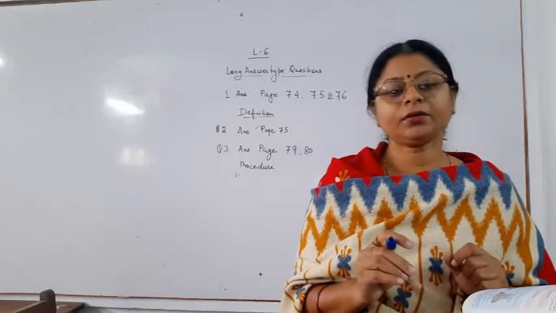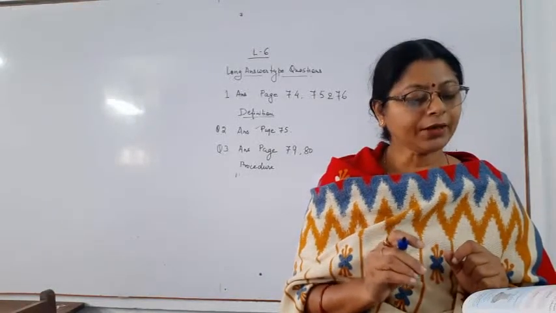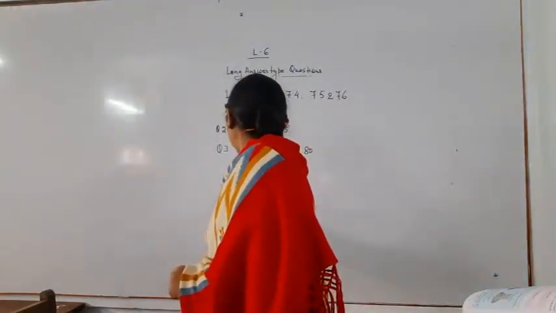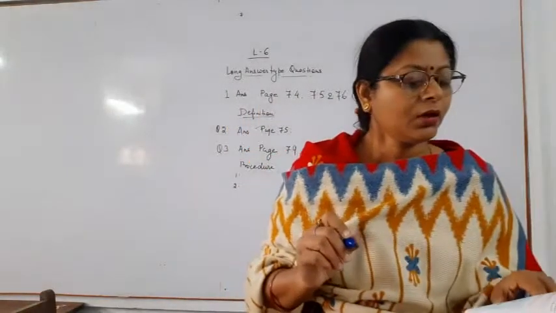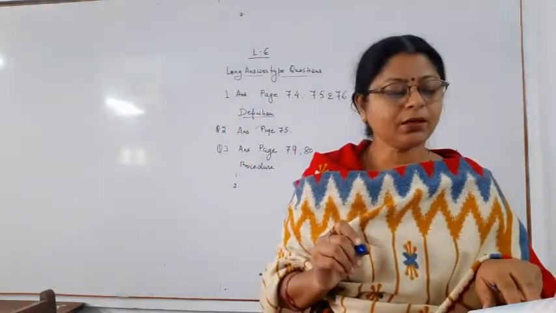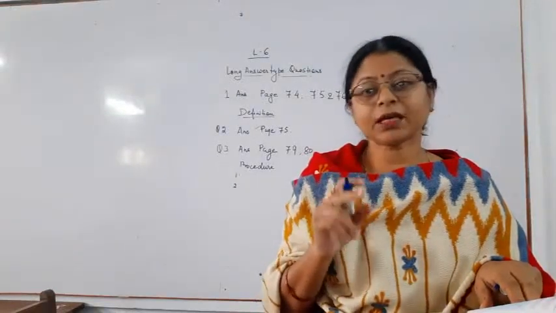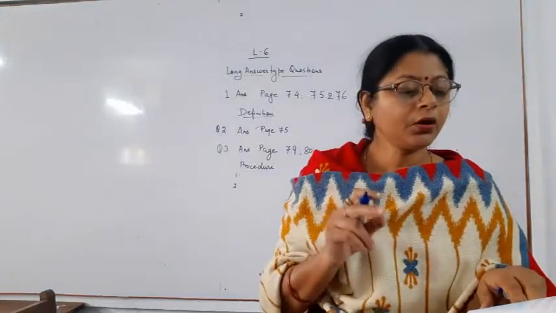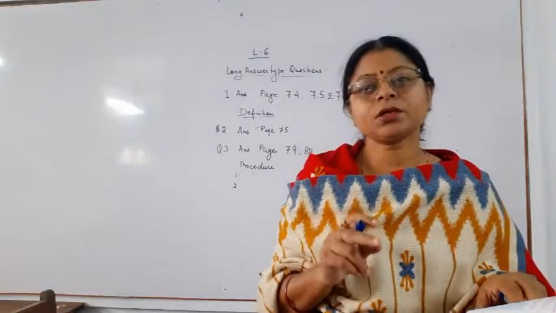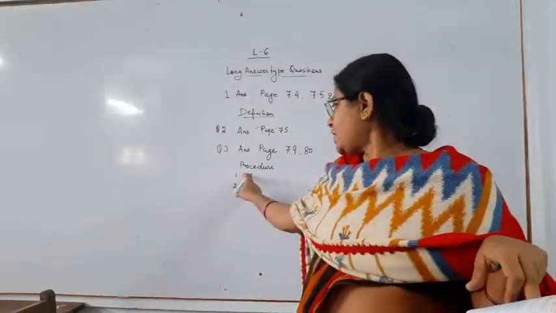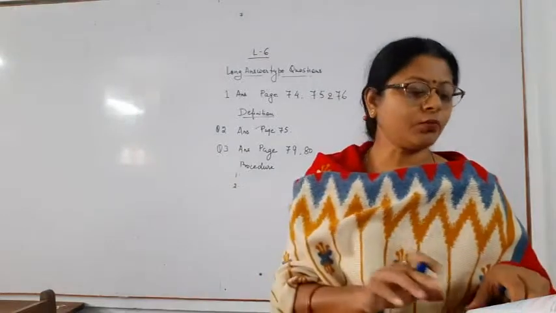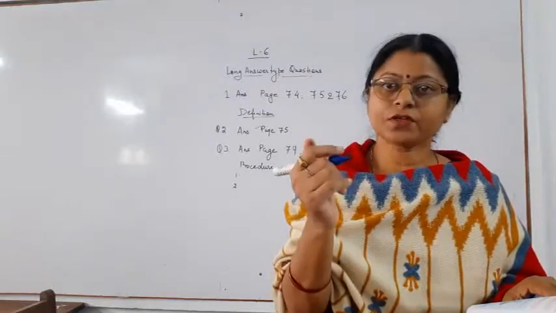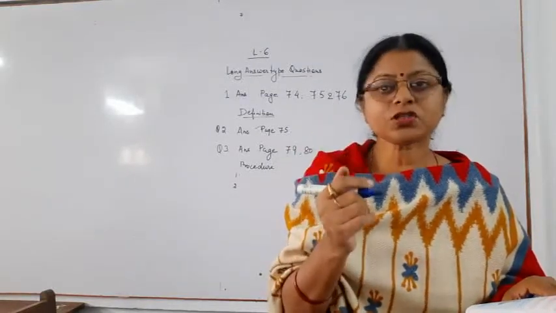And after that you write down in the second point: now add dilute HCl drop by drop to this solution with continuous shaking. So first you write down the first procedure given in your book, then you write down the second point. After that you write down the observation. There also the first observation is given with procedure 1. First you write down that.